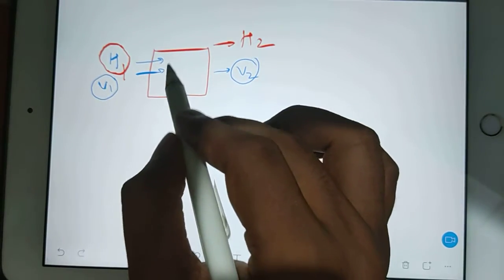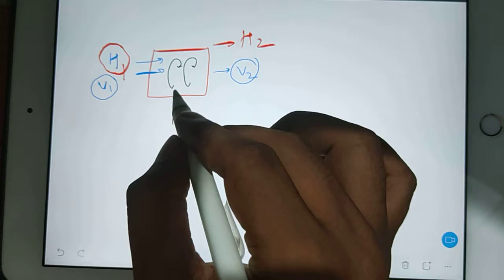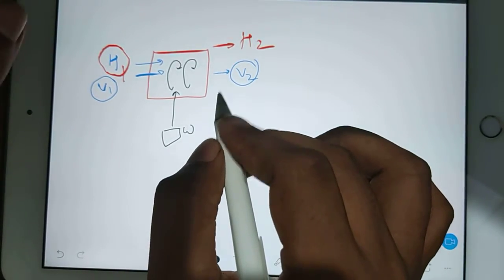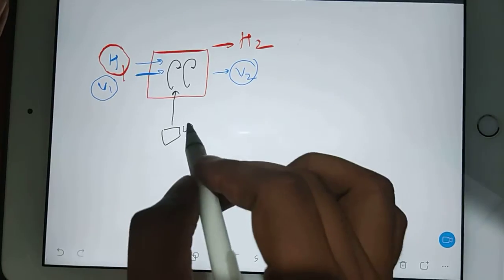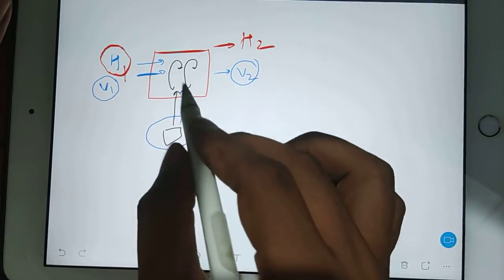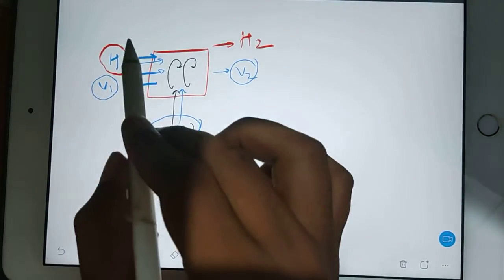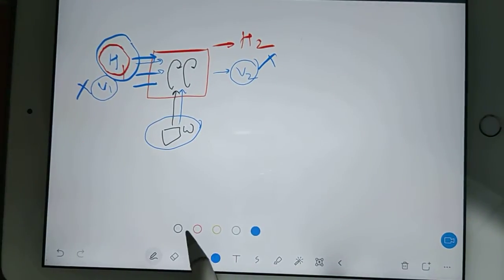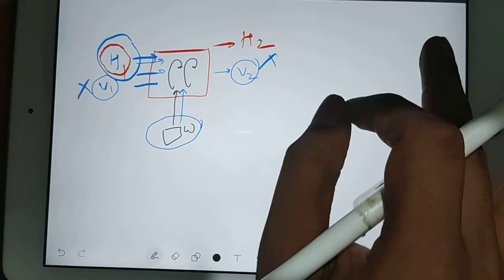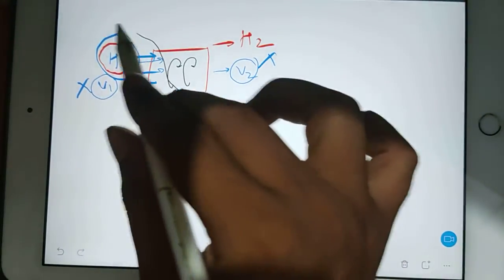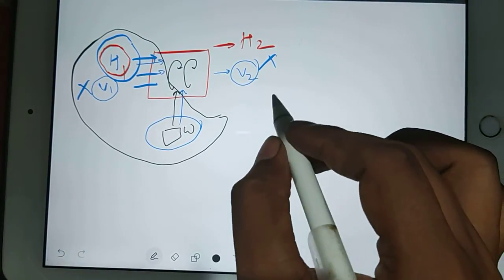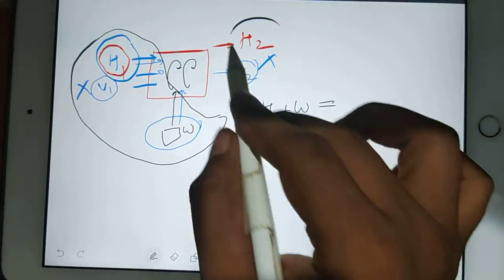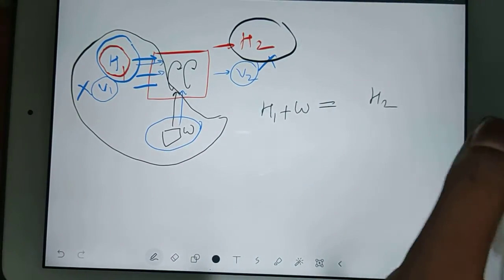we have to rotate the compressor, so we have to supply a form of energy, that is work. So in case of a compressor, you are supplying the work and already one input is here from H1. Consider there is no velocity involved. So the entire big formula will become a very small formula. Total how many energies are input energies? H1 plus work done. This is giving you a new enthalpy H2. That's all.